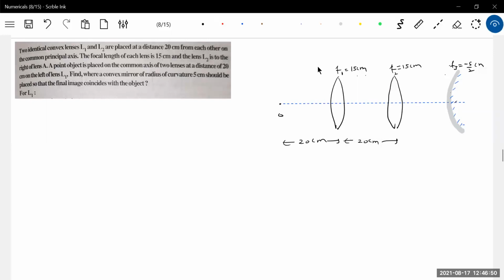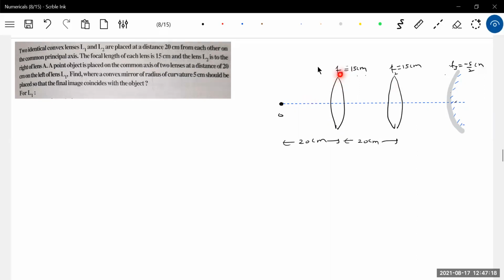We'll do one thing. Like previous problem, we replaced 4 lenses by one single lens. Shall we replace these 2 lenses by one equivalent lens? Maximum students will try to think in that way. So you'll be going wrong. You can replace these 2 lenses by an equivalent lens only when object is at infinity. That formula is there in the book. I didn't discuss it also because it's not applicable for practical things like this. Only when object is at infinity it is applicable.